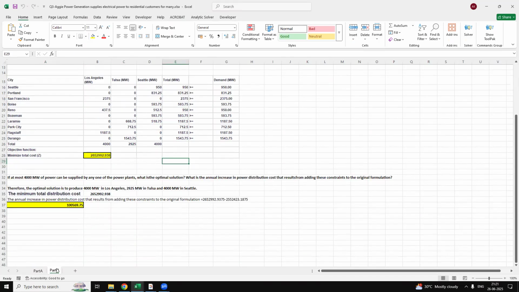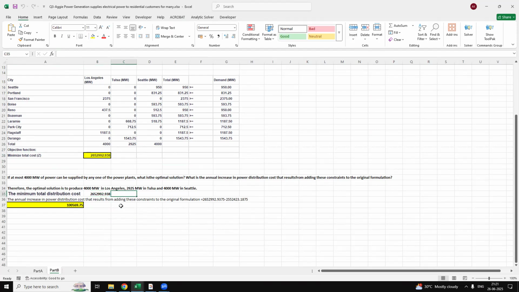Now in part B, as mentioned, they've tried to make 4,000 megawatts at most the solution. So we need to make sure these values are under 4,000. So after adding the constraints for 4,000, the new value that arrives is this value. Now the minimum distribution cost is this value,